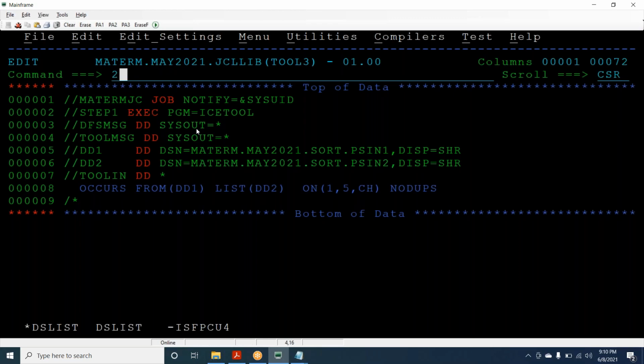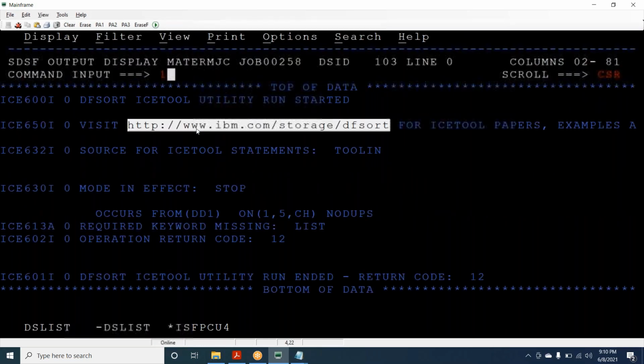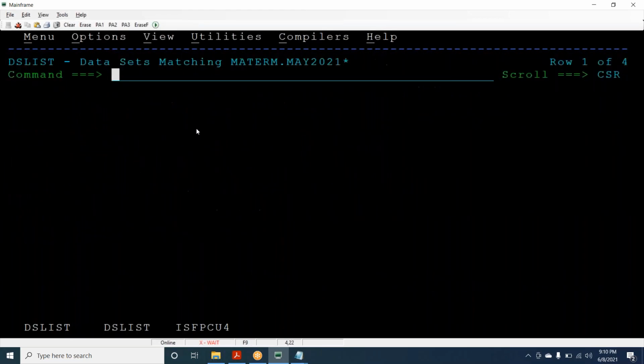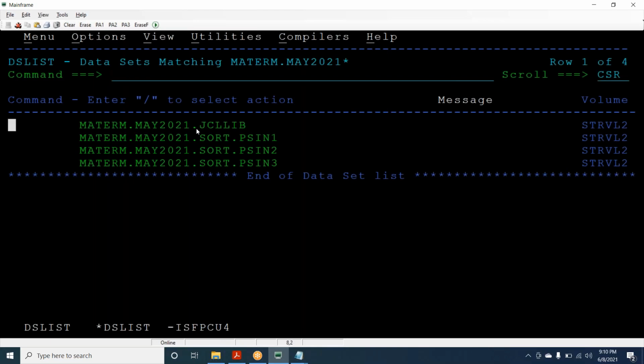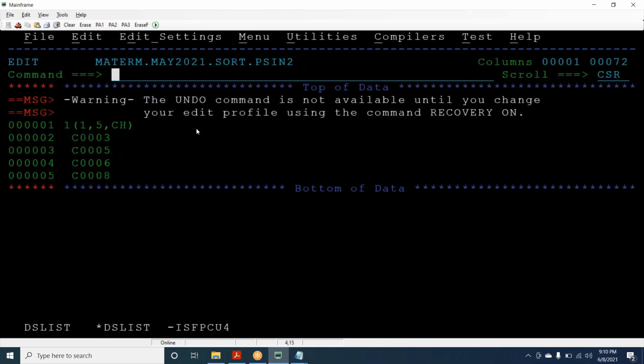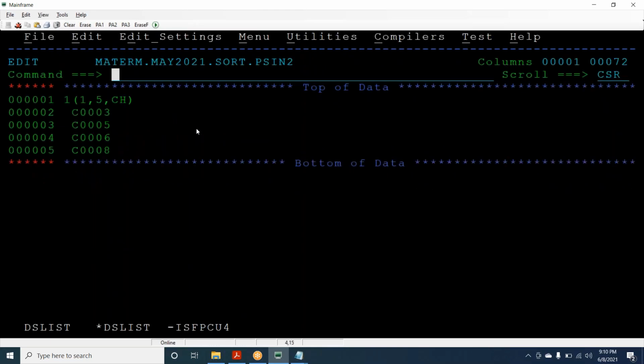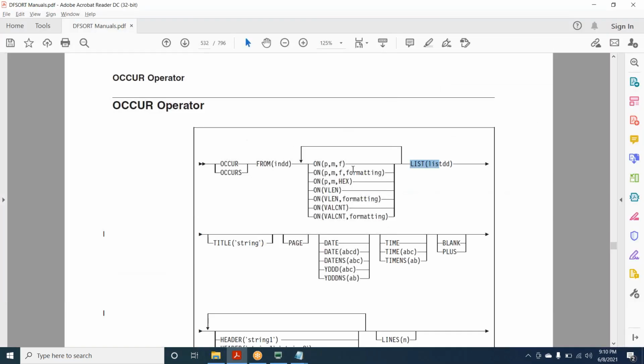Let me close the files. We got max RC 0. Output we need to expect. So what are the values it got written to? 3, 5, 6, 8. So which records are missing?